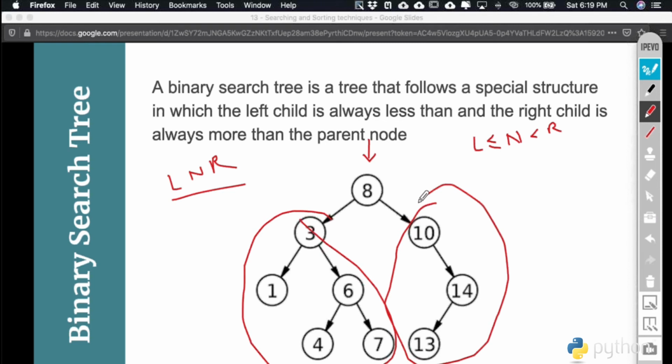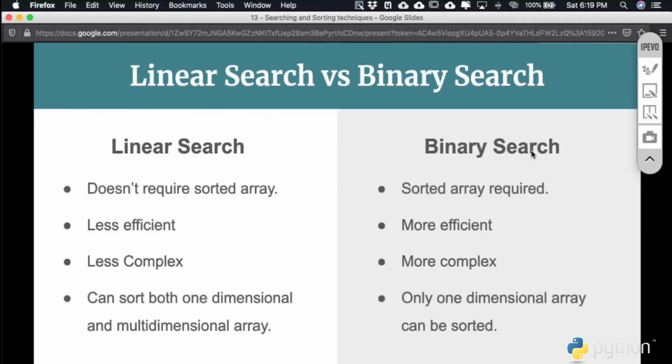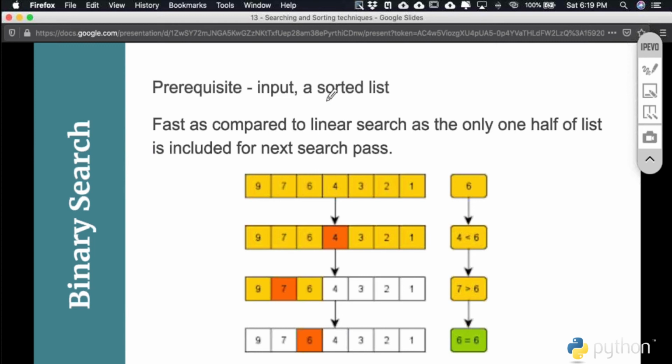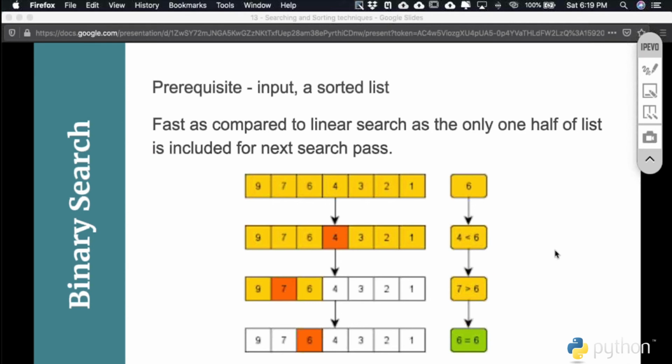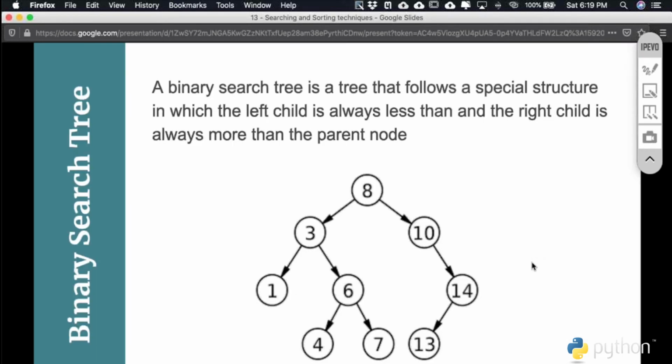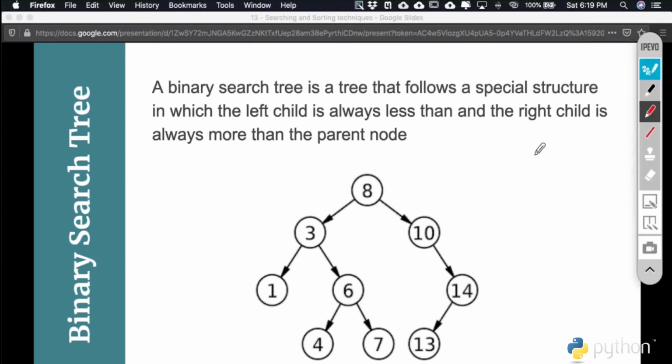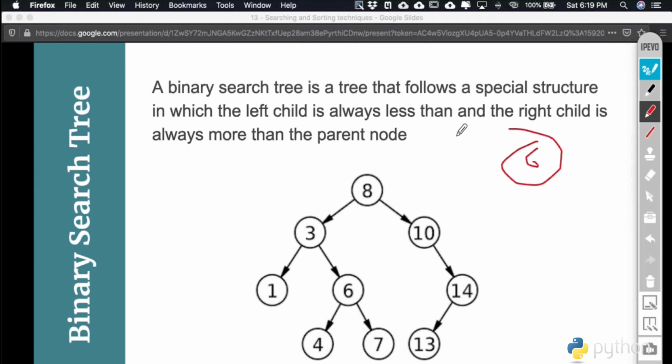Now once you organize your data with a BST, the binary search tree, the binary search algorithm that we have studied becomes more efficient, because the input of binary search was to have sorted data. Once you organize your data through a BST, you really do not need to sort that data, because this tree is automatically organized in such a way that the search procedure becomes feasible. For example, if I want to search for 6 in this tree, how do I start?